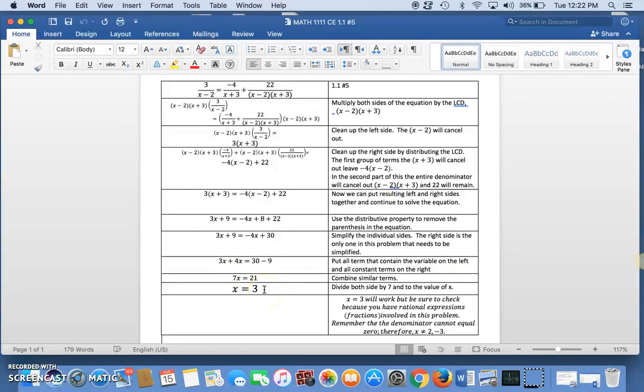But always remember, when you've got these rational expressions, the fractions, you can never have a denominator equal to 0. So you need to go and look. This one, the first expression here, if x were 2, it would be 0. This part right here, if x were negative 3, it would be 0. And 2 or negative 3 would give you a 0 there. So since this is a positive 3, there's not a problem, and we can